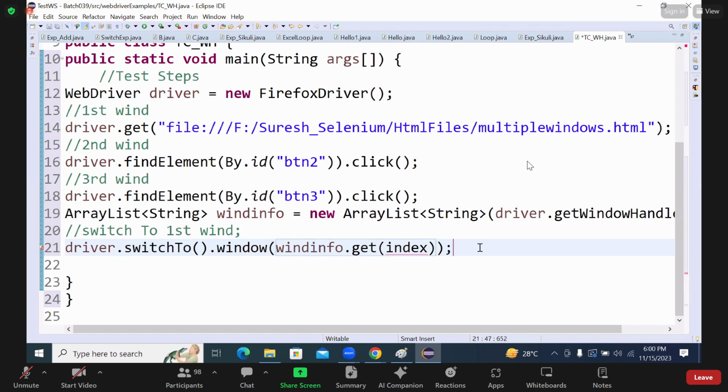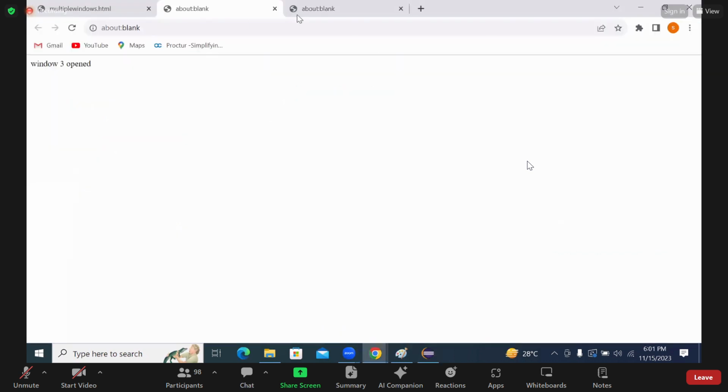If I'm taking the first window, what will be the index? What will be the index? 0. So for that particular first window, I need to consider the index as 0. And after that, the requirement, as we got 3 windows,